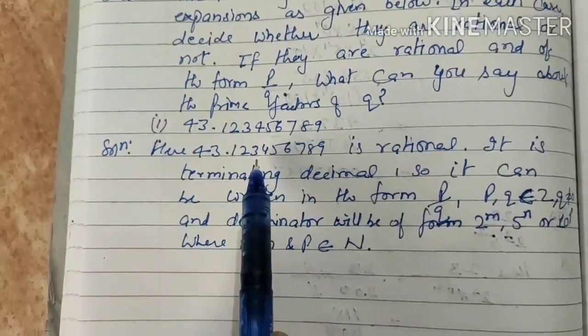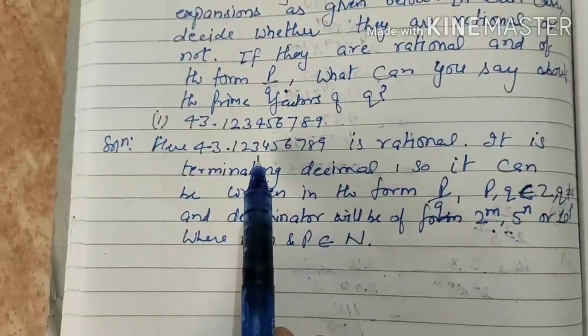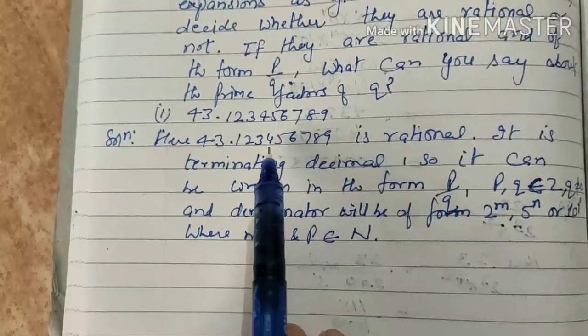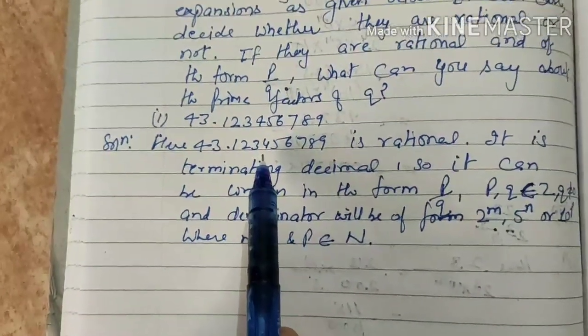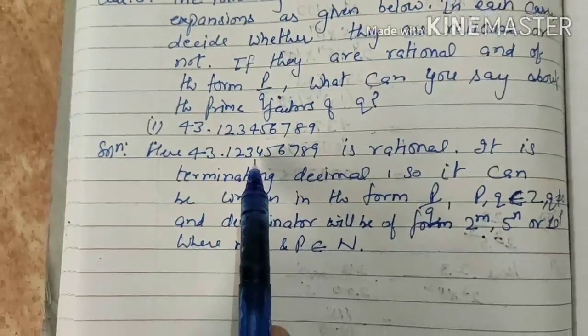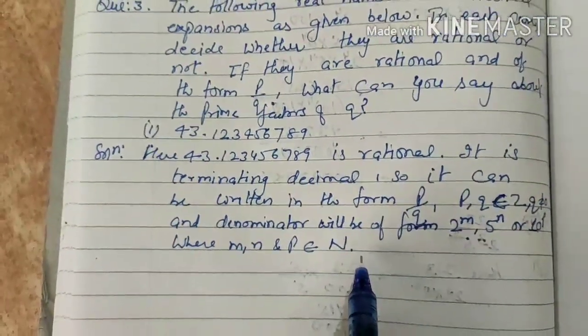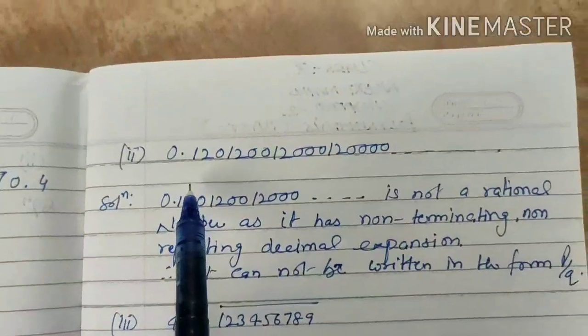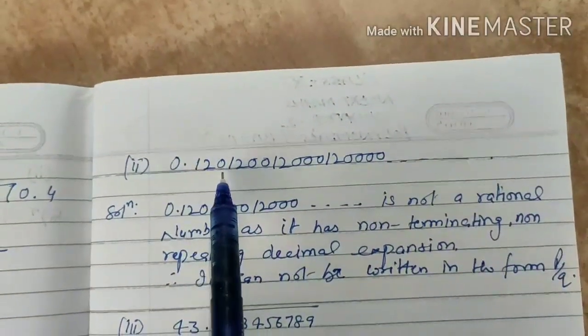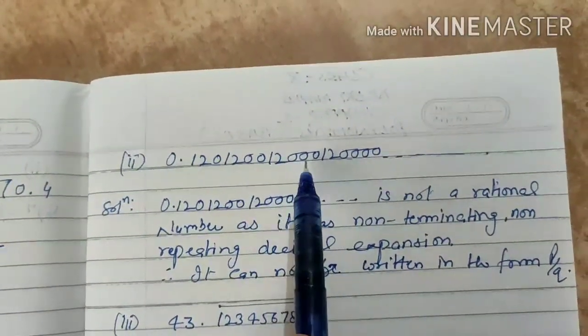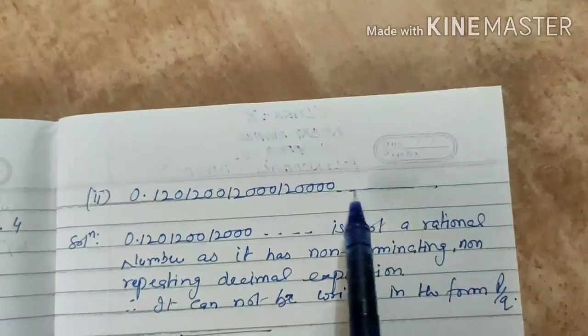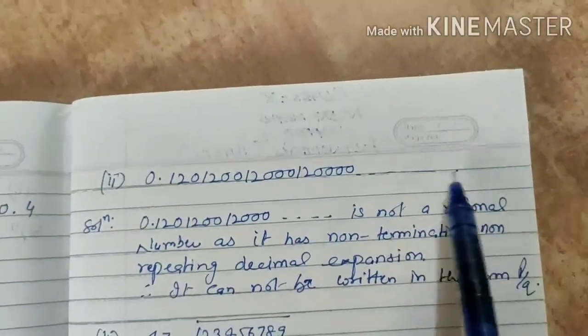So we already discussed in the basics, if the decimal expansion is terminating, then we will have the denominator in the form of power of 2, 5 or 10. And vice versa, that is, if the denominator is in the form of power of 2, 5 or 10, then the rational number will be terminating. So keep in mind. So now proceed to part number 2, that is 0.120, 1200, 12000, 124 times 0 and so on, 125 times 0 and so on. It will move up to infinity.